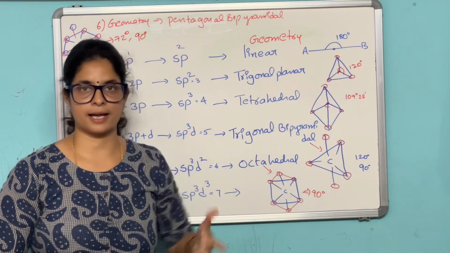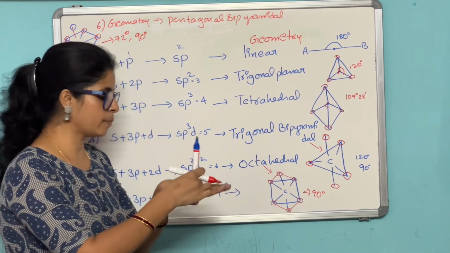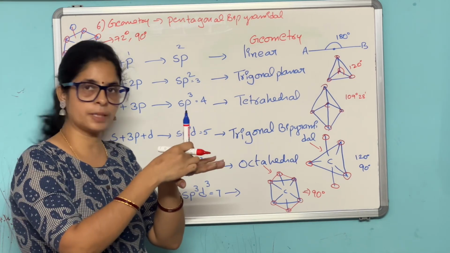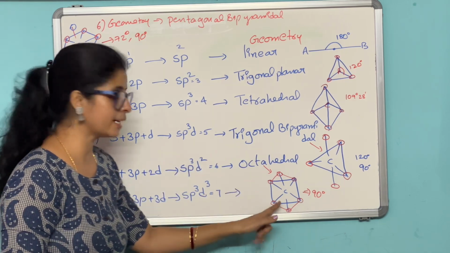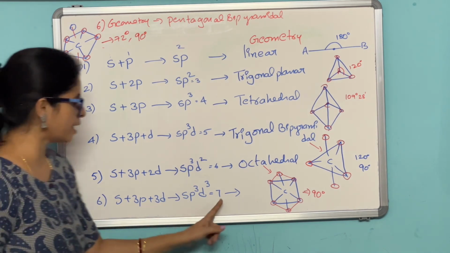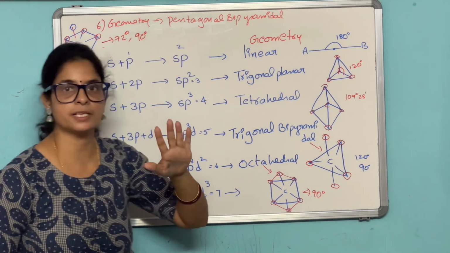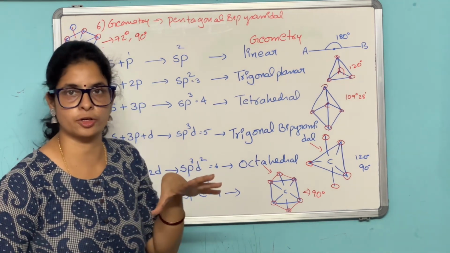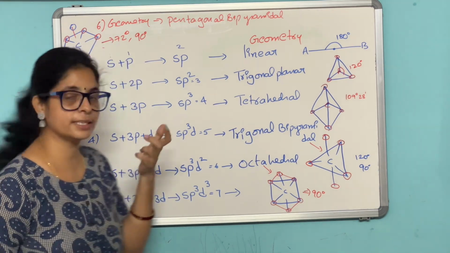Trigonal planar means triangle. Okay. And octahedral: here it is a square planar, one above the plane, one below the plane. Square means 90 degrees bond angle, and above the plane means it is perpendicular to the square planar, 90 degrees again. Okay, octahedral or square bipyramidal also you can write there. And seventh, if the hybrid orbitals are seven, then the geometry is 5 plus 2. Pentagon: in the pentagon five atoms occupy the corners, and another atom